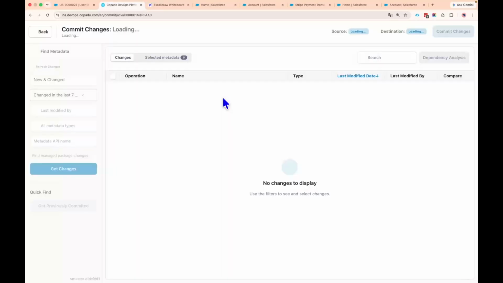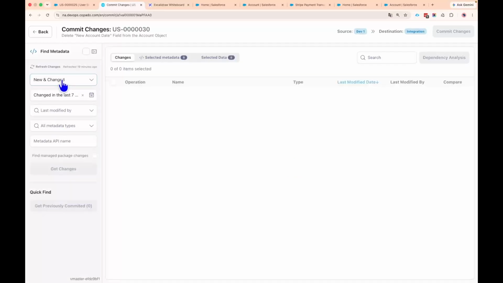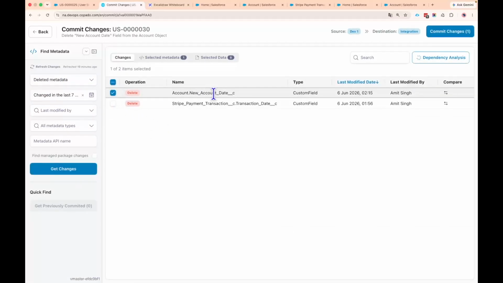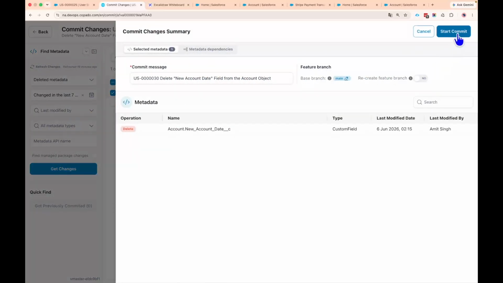the deleted components are. They need to select the components which they want to delete, for example new account date, then click on commit change. Now before clicking on start commit, it is really important for developers to change the base branch. Currently the base branch is pointing to main. They click on this edit button and they will have to change the base branch to the feature branch that